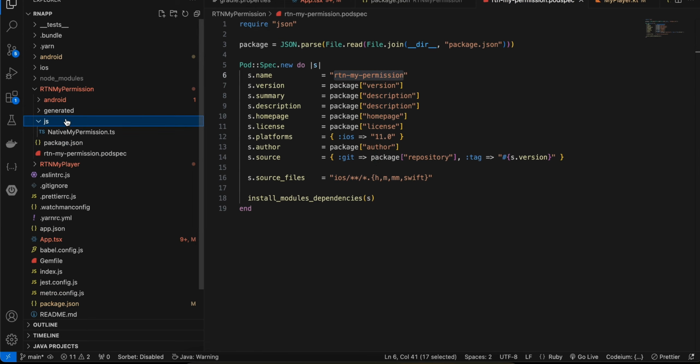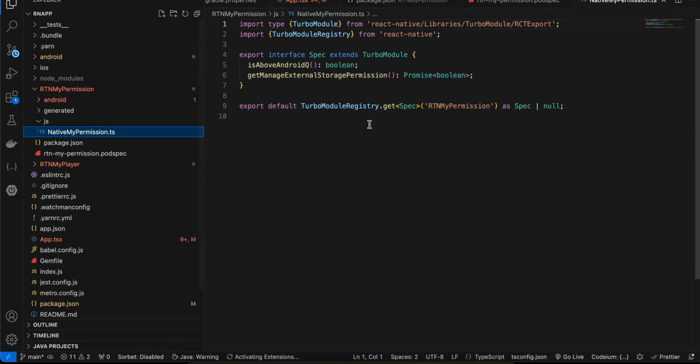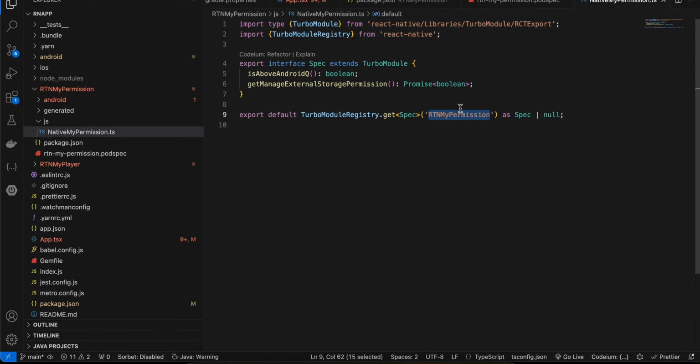Then I have created a JS folder. Inside that I have created a TypeScript file. Again I have copy pasted it from docs, only this name has been changed. I have added 2 methods. First to check whether you are above Android queue or not. If yes, then only we will call this get manage external storage permission, otherwise we call the read write external